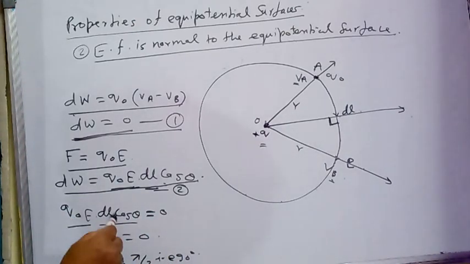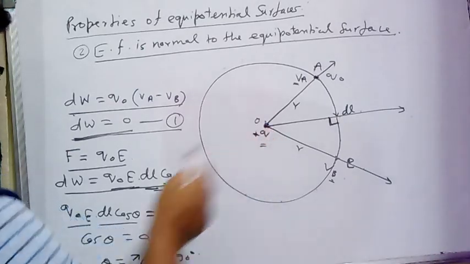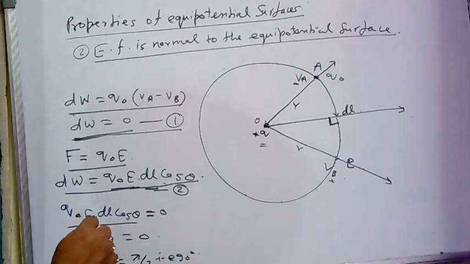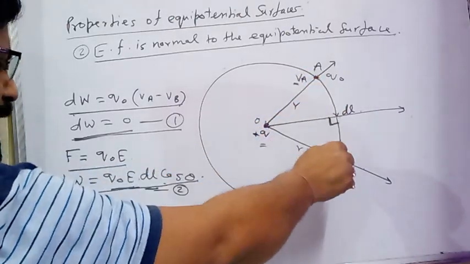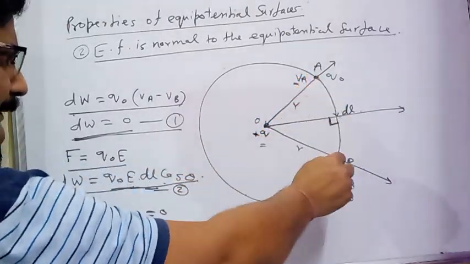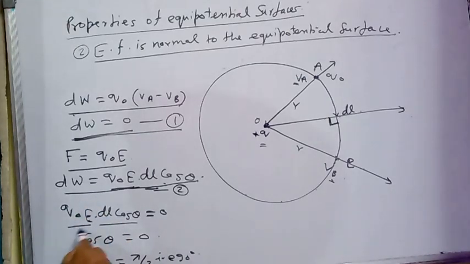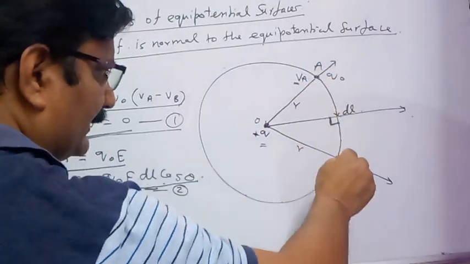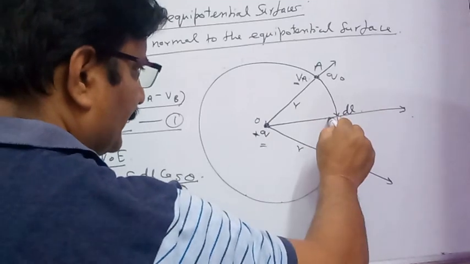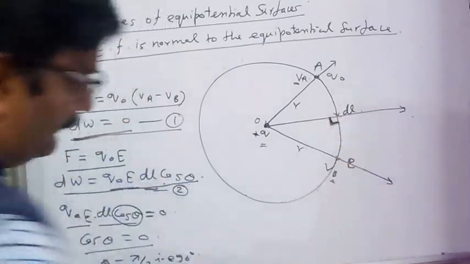Here you can see in these quantities, Q naught is not 0 as it is a finite charge. The electric field cannot be 0 in the presence of this finite charge; the electric field is going to have a finite value. The path dl cannot be 0 as points A and B are two separate points. It means cos theta is going to be 0, and cos theta is 0 if theta is equal to pi by 2, or 90 degrees. What it means is that the direction of the path A to B and the direction of the electric field in space are perpendicular to each other.